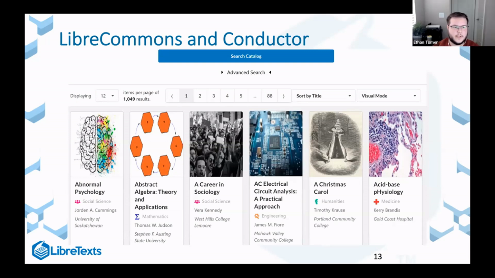Okay, so switch gears a little here. About a year and a half ago, we introduced a new technology into the LibreVerse that we call Commons and Conductor. The reason for the "and" in the name is that it's kind of a two-sided or bimodal system. On the public-facing, more student-centered side, we have a central catalog that allows you to